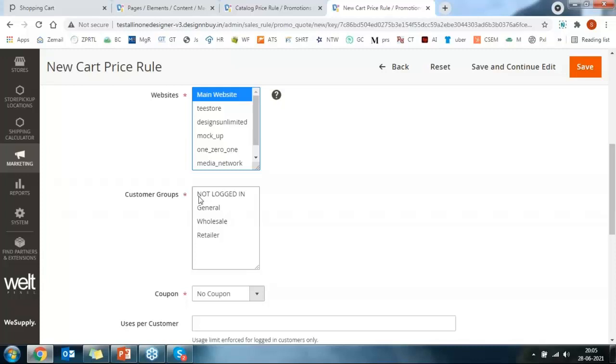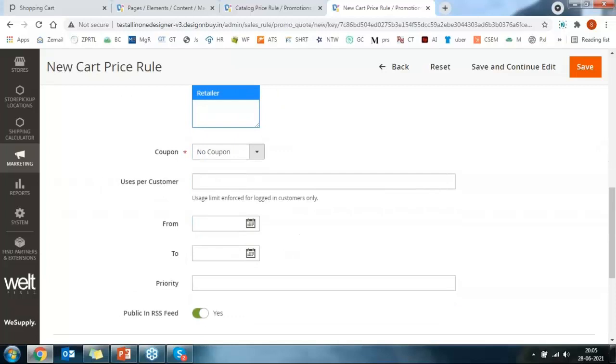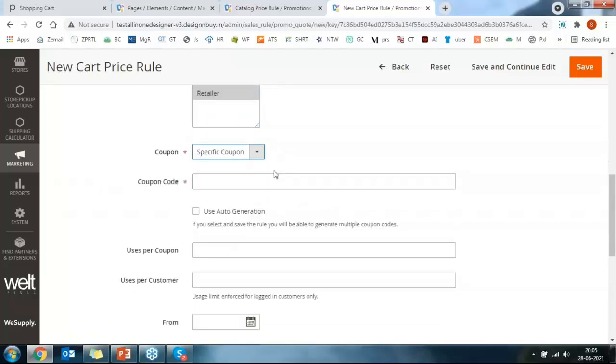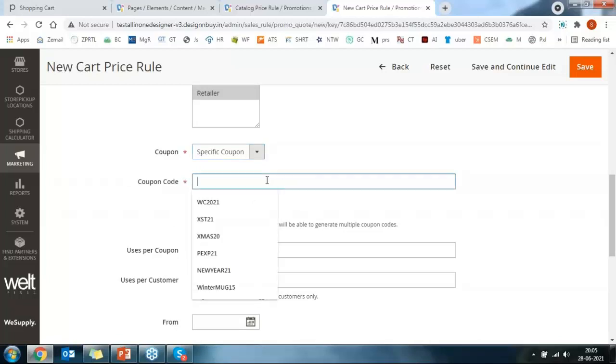So I can accordingly run the promotion. Specific coupon. Now when it's about coupon, there are two options. First, I can have my own coupon code. Let's say welcome